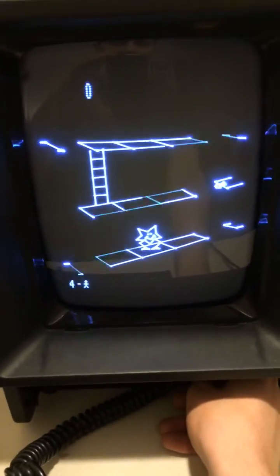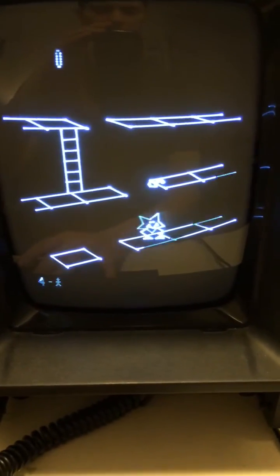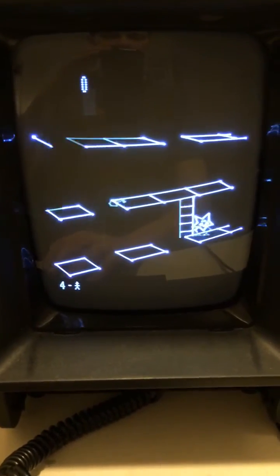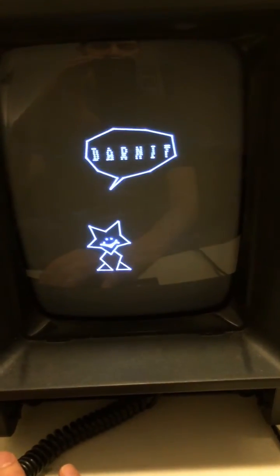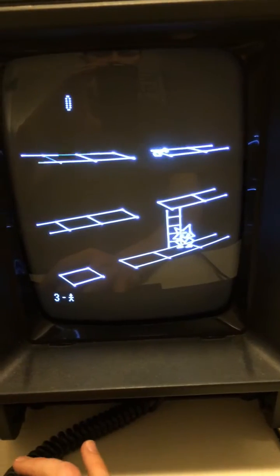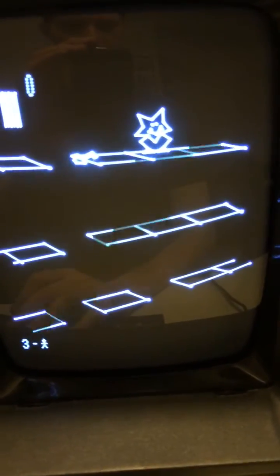But one of the best things about Spike is how it uses this digitized voice back in the early 80s, and it's basically a platformer, kind of like Donkey Kong. You can go left and right, you can attack, you can move this ladder around, and what that lets you do is, oops, I died. Darn it. The goal is to use the ladders creatively like this, and it's kind of like Frogger meets Donkey Kong. It's really cool to get up there, and this is impossible with one hand. It's just really hard. You want to get that object,